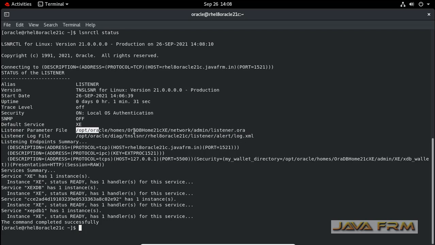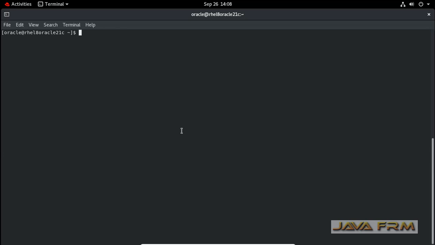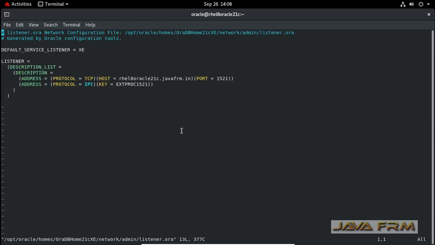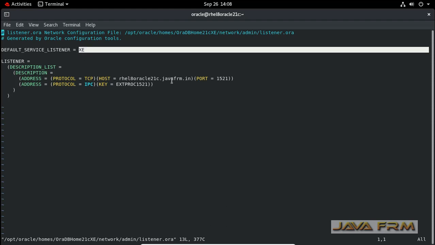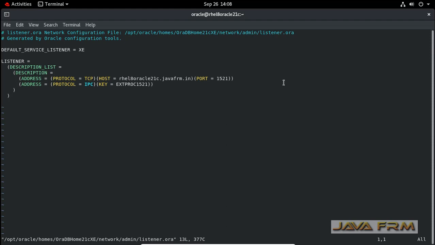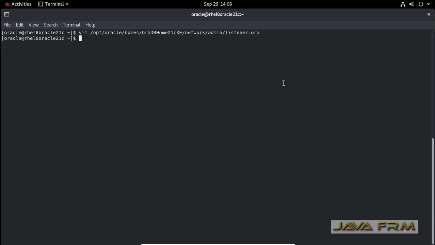Without the Oracle listener you can't connect to the database externally from any tools. The listener.ora file is installed, and these are its details. Advanced users can modify this listener.ora. You can see 1521 is the default port where Oracle is up and running.